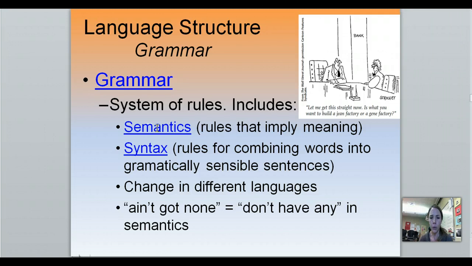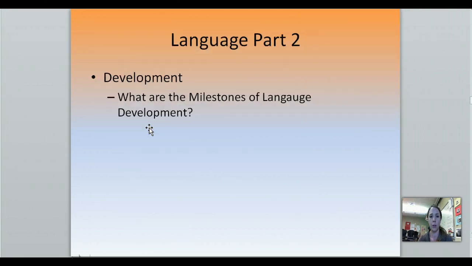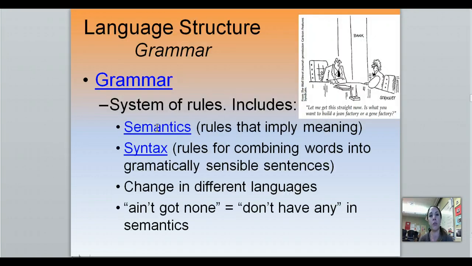Okay, the next part of your notes, I told you it was short, is going to be on development. We're talking about development tomorrow. What I want you to do for these notes is be prepared tomorrow to talk about grammar, syntax, and semantics, and then we're going to move forward with development in class, and your notes tomorrow night will be a bit of a preview. So be prepared to look at something grammatically tomorrow and talk about what are the morphemes versus the phonemes versus the semantics versus the syntax.